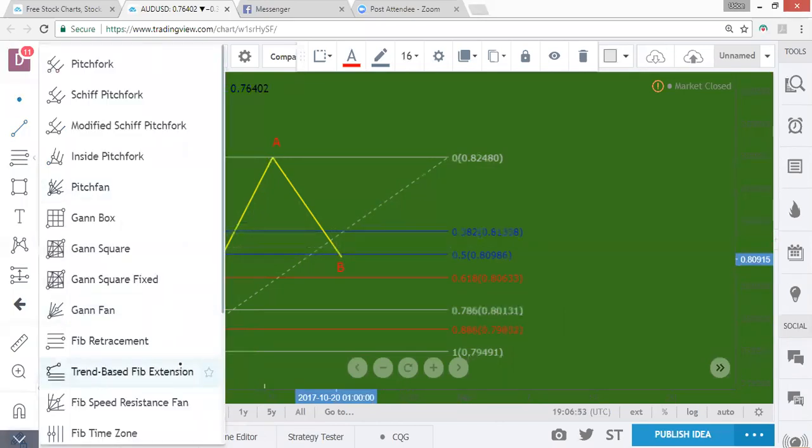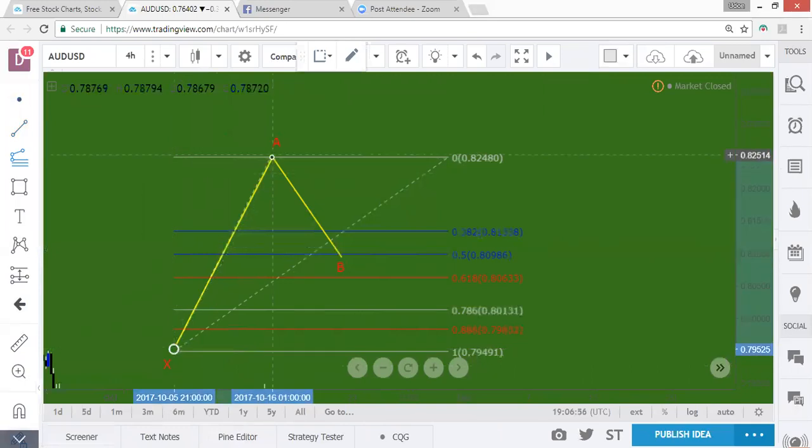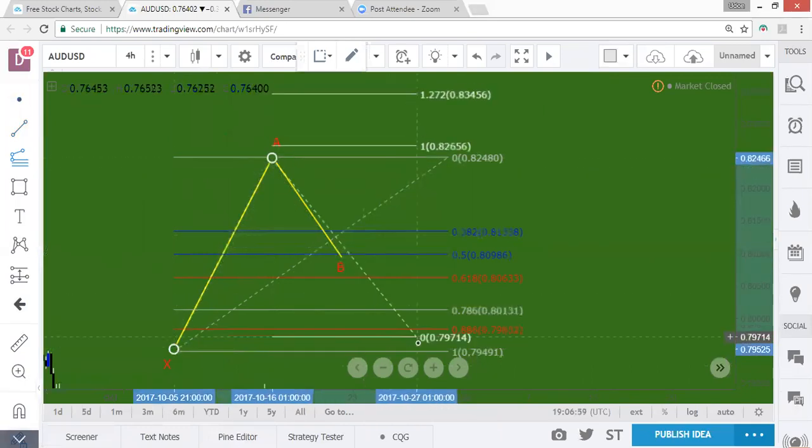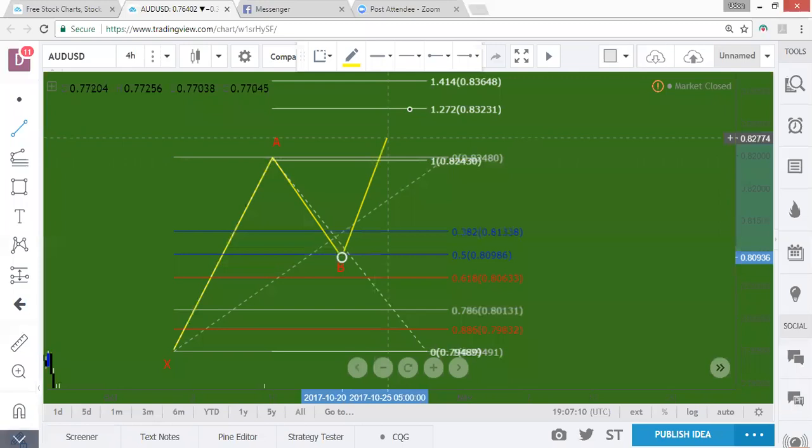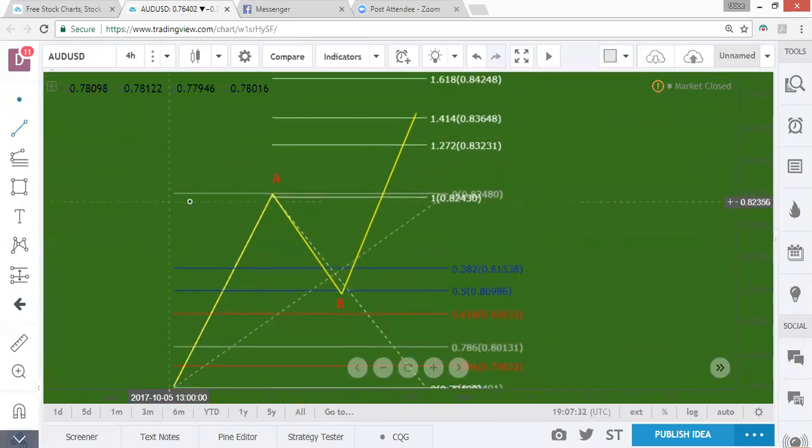to project our C, we have to go from X to A, back down to X with the Fibonacci extension. And we're looking for the market to extend to the minimum 127. If the market doesn't come up to the 127, this is an invalid C leg, and we can't consider it a valid Cypher pattern. But if we hit the 127, or break the 127, still valid. We can even break the 141, but we cannot close above the 141. If we close above the 141, this pattern is invalid,